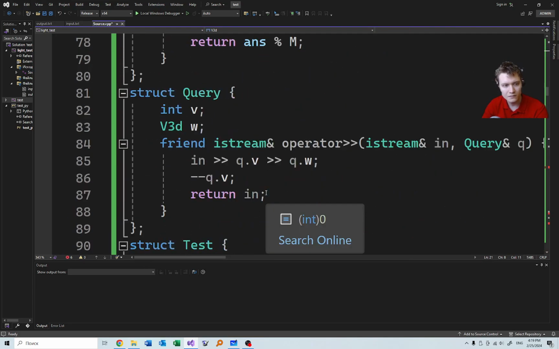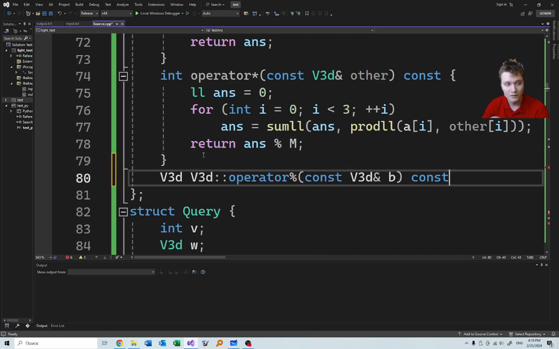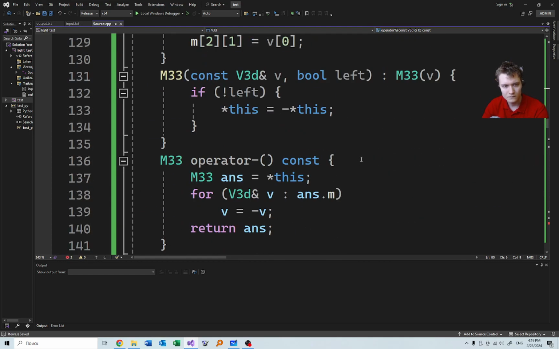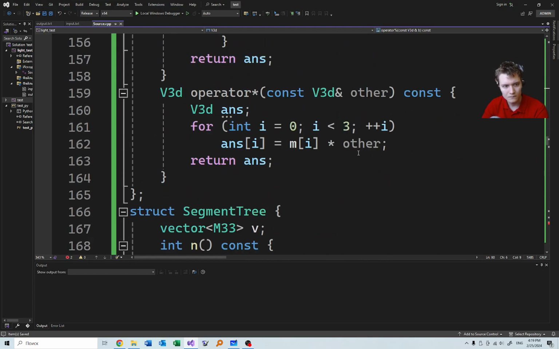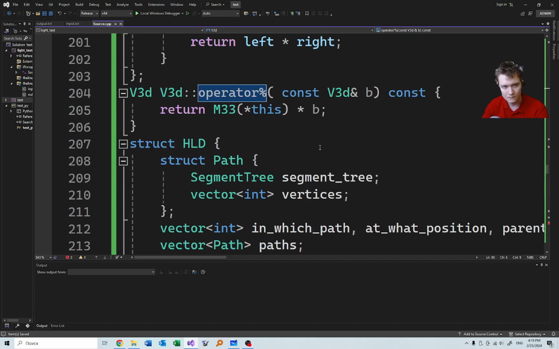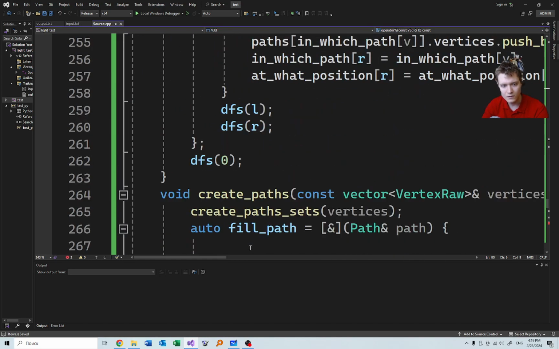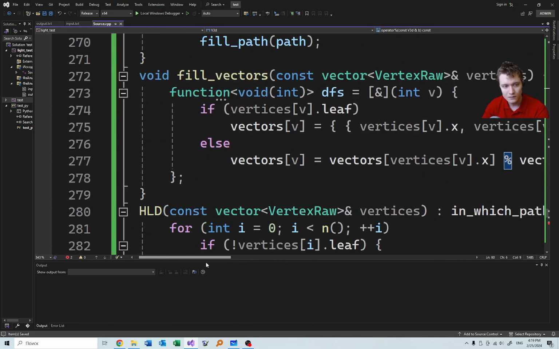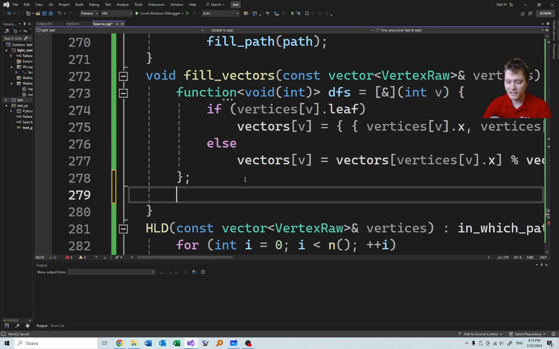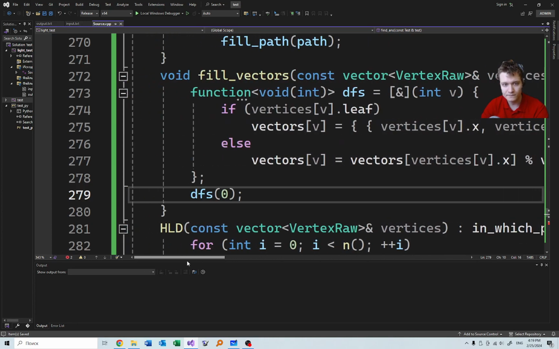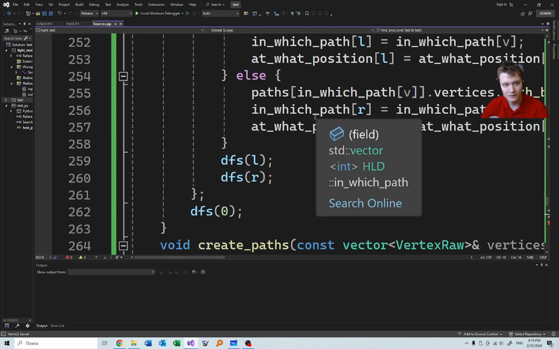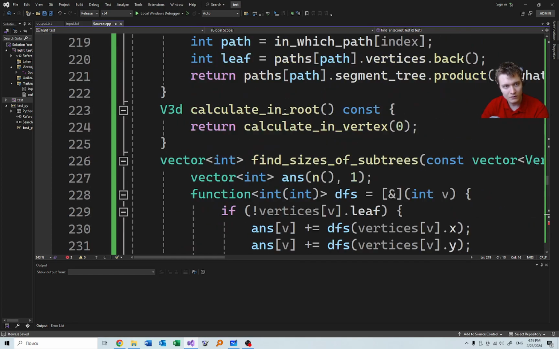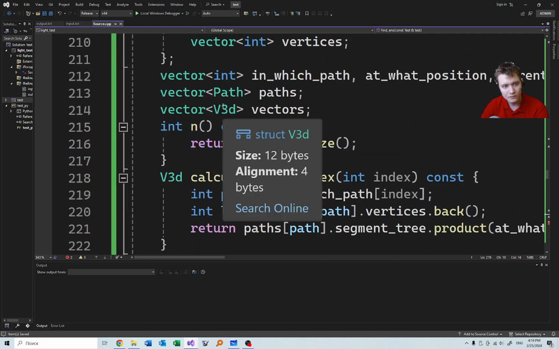Yeah, I need to declare it. So here I need to write like this. And now, does it work now? Yeah, now it works. And again, I need to run the effects of 0 to fill the vectors. Excellent. Now, when all vectors are known, I am able to